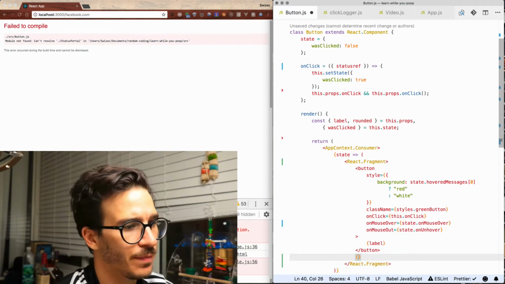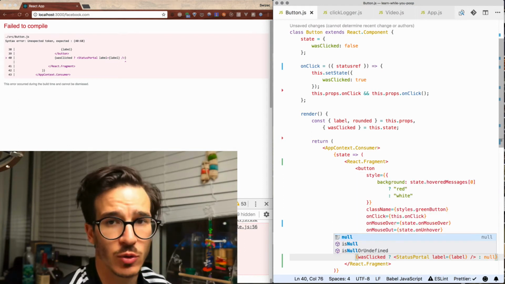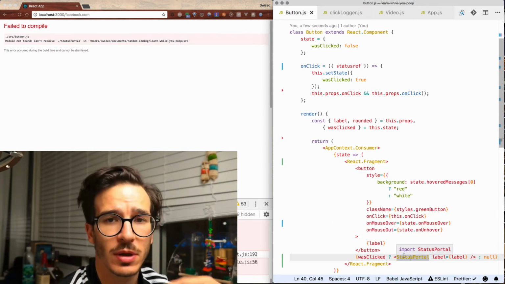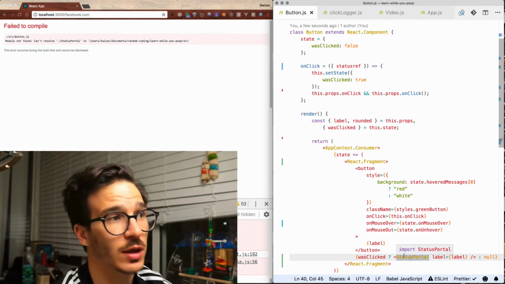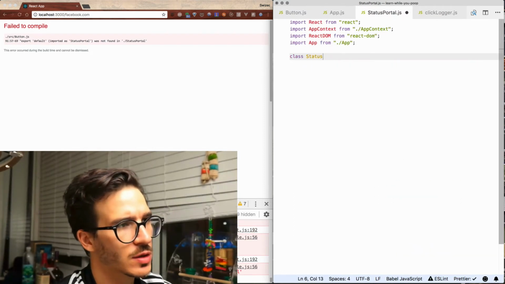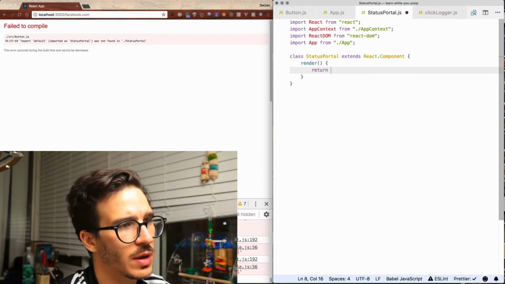Render our portal if the button was clicked. If it wasn't clicked, then we don't render it. It's going to show up in a completely different part of the app because it's going to be using React portals. We now define our status portal as a normal React component, and this render method is going to return